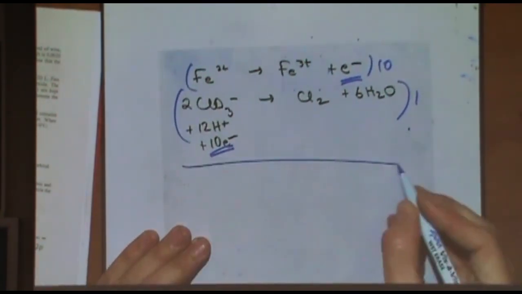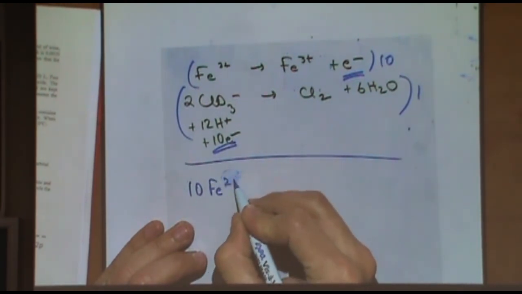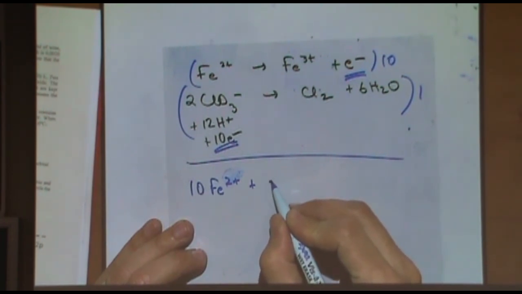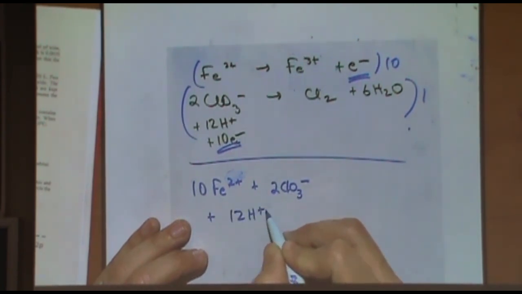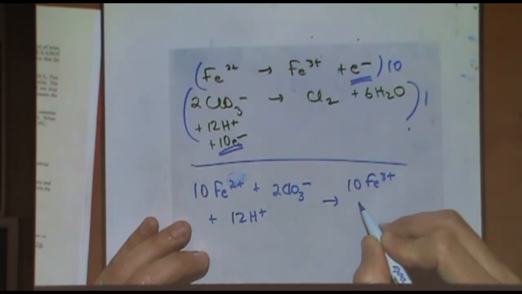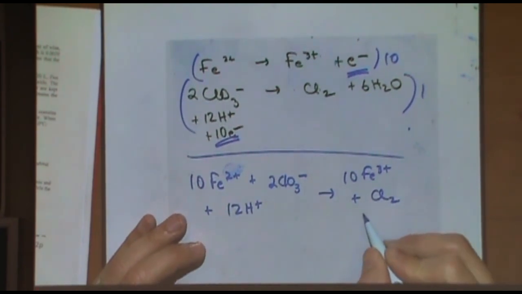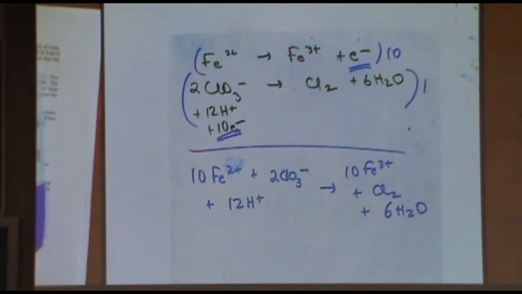Then there's that. So 10 ferrous ions plus 2 chlorate ions plus 12 H plus goes to 10 ferric ions plus chlorine plus 6 waters. There's your final answer. If you were changing over to basic conditions, I would add 12 hydroxides to both sides and then simplify after that. Sound good? All right, I hope people had a